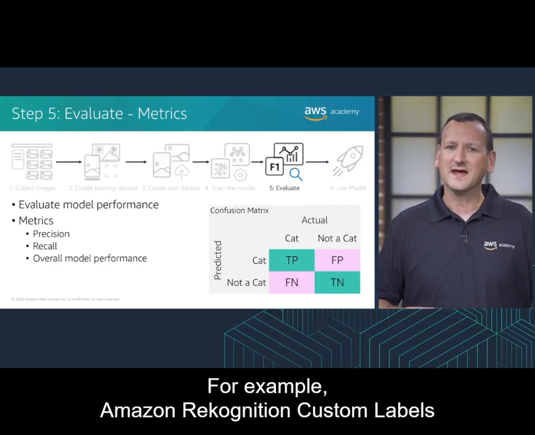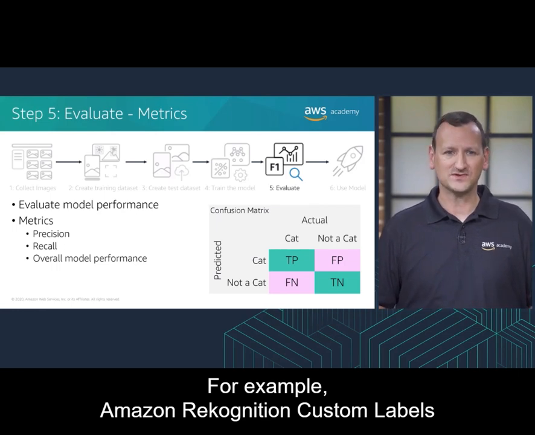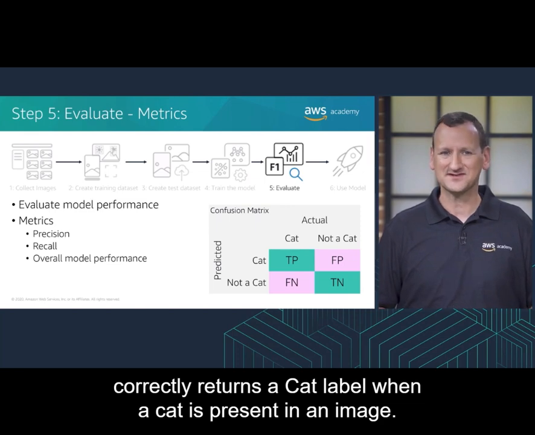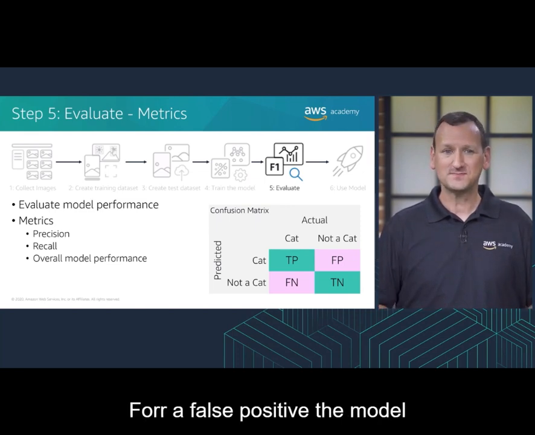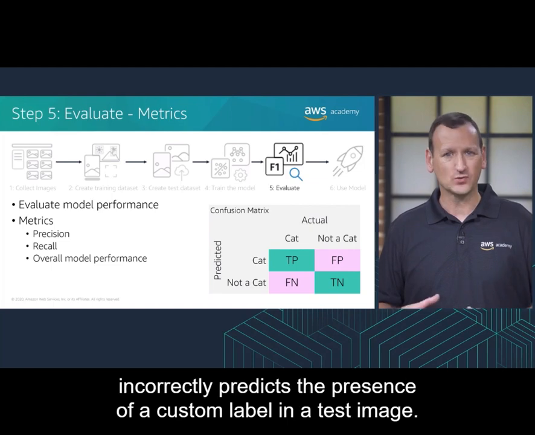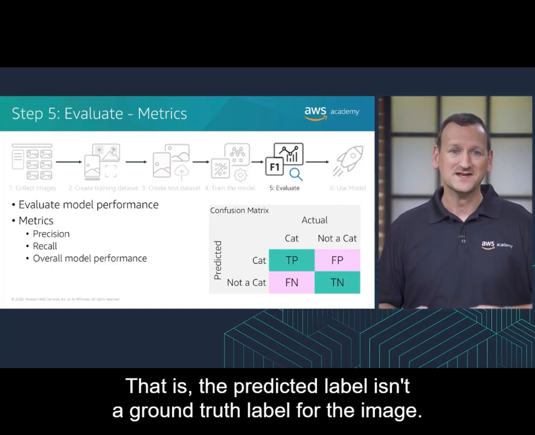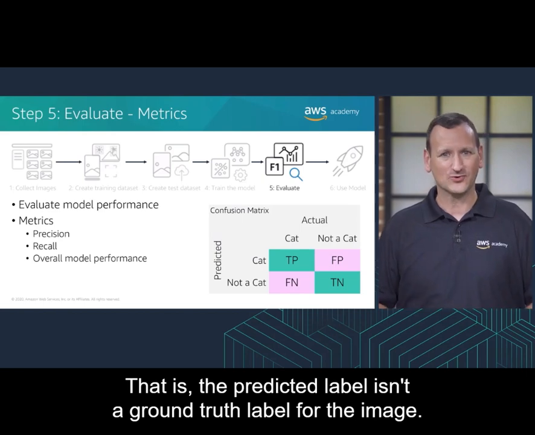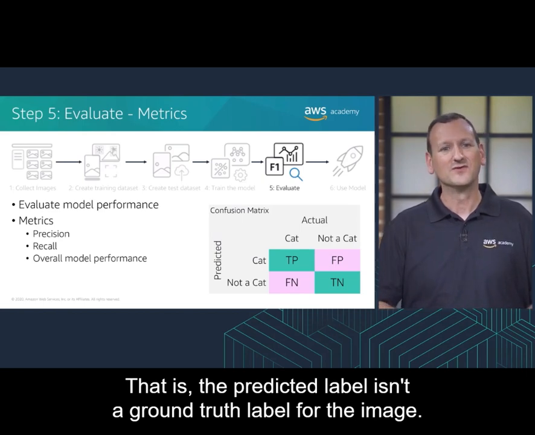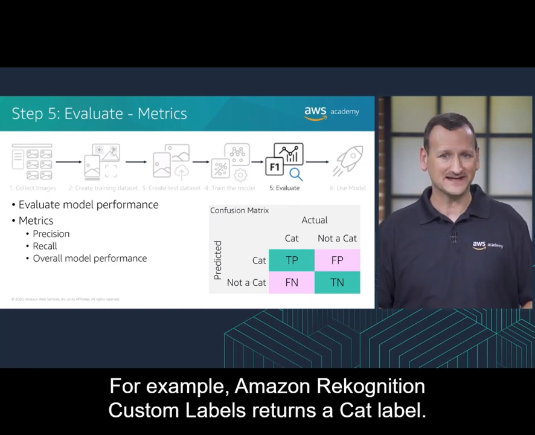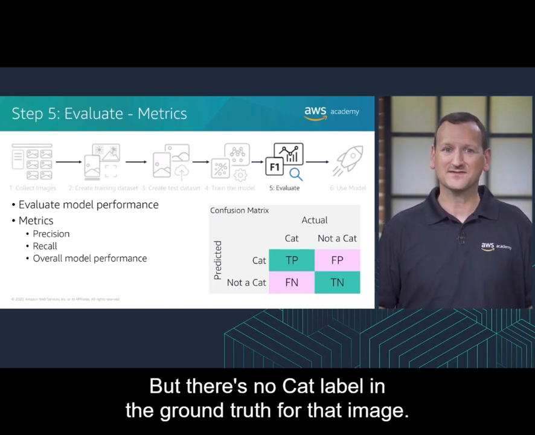For example, Amazon Rekognition Custom Labels correctly returns a cat label when a cat is present in an image. For a false positive, the model incorrectly predicts the presence of a custom label in a test image. That is, the predicted label isn't a ground truth label for the image. For example, Amazon Rekognition Custom Labels returns a cat label, but there's no cat label in the ground truth for